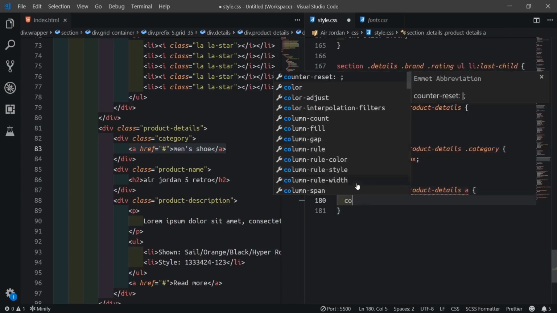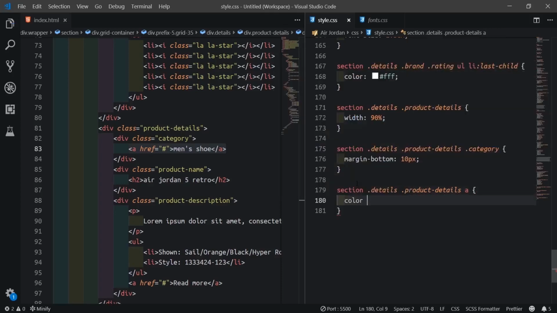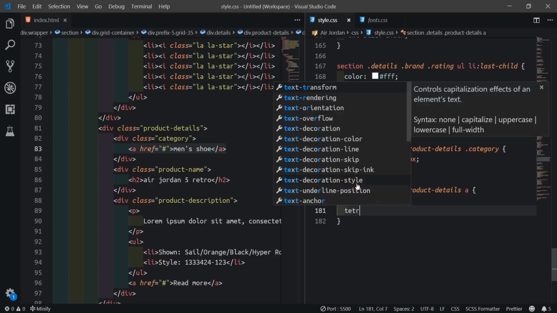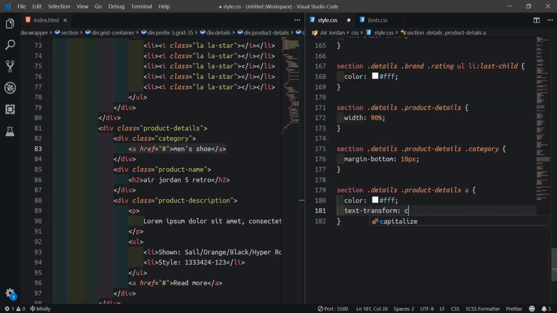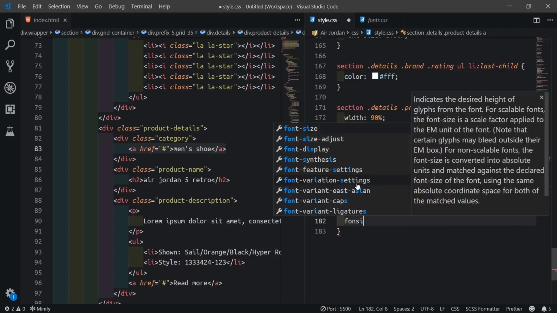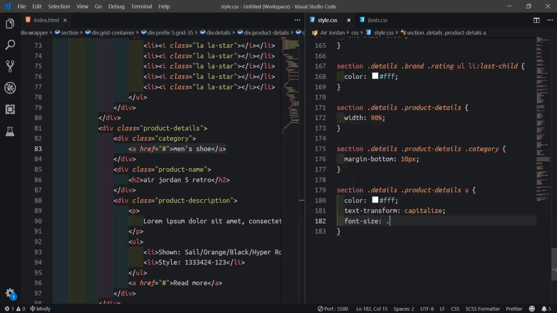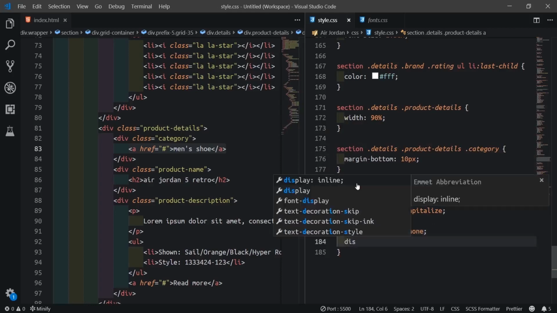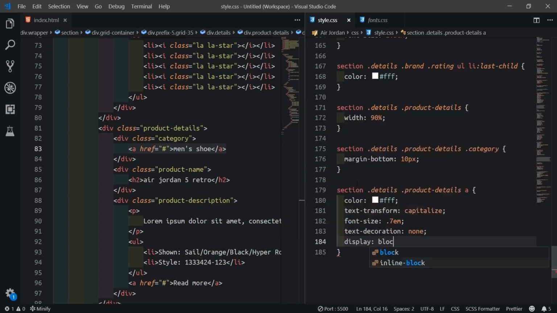Then we'll say make the color be white, then text transform to capitalize, and font size 0.7em, and text decoration none, then display block.